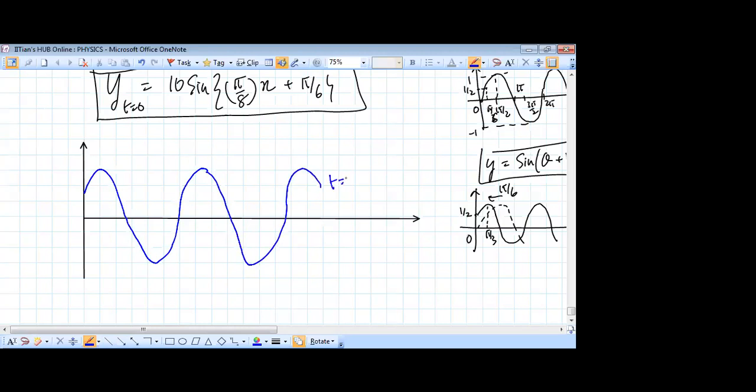It looks like this at t equal to 0. You can see that this value will be 0, this will be 5, because this peak is 10. This is minus 10. Now you can see that we can calibrate this very fast now, because